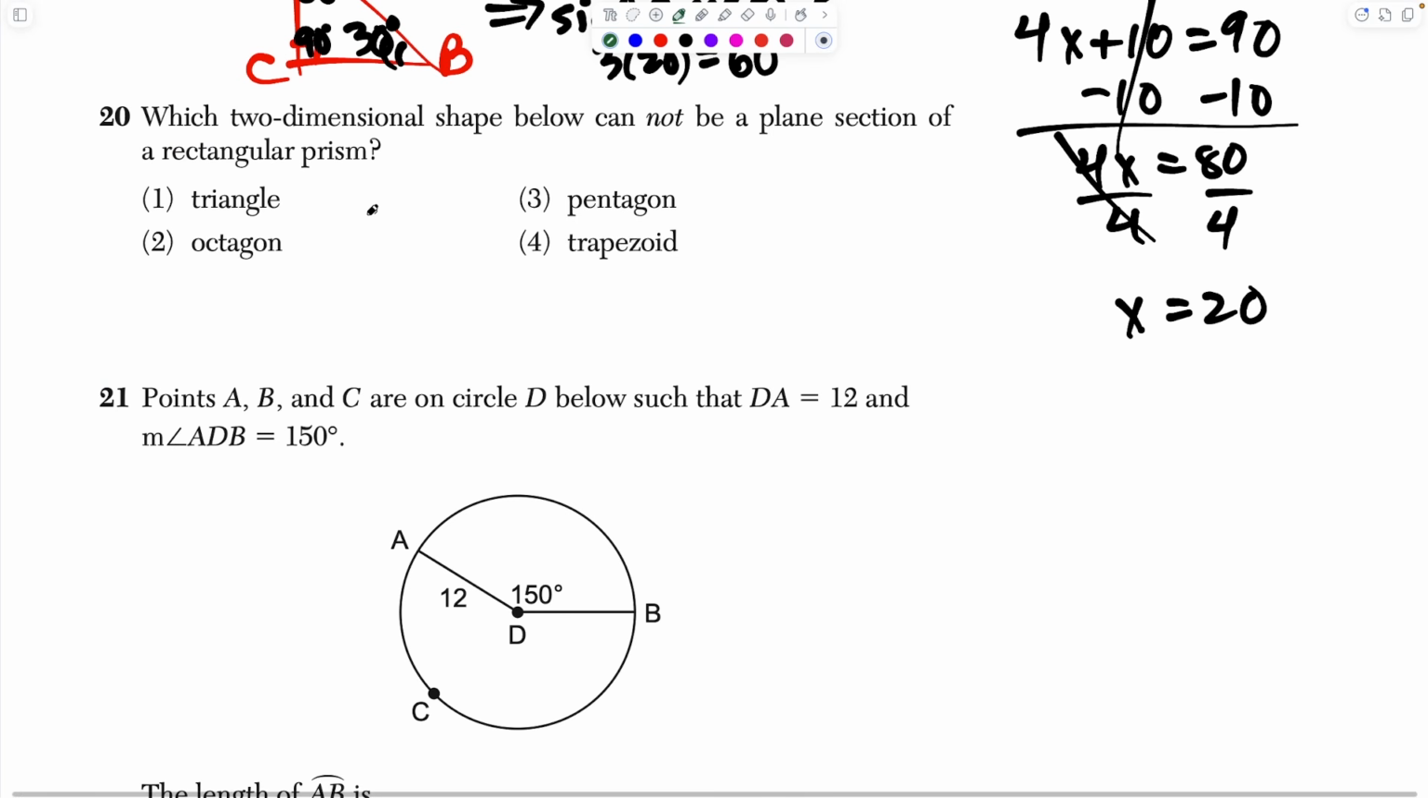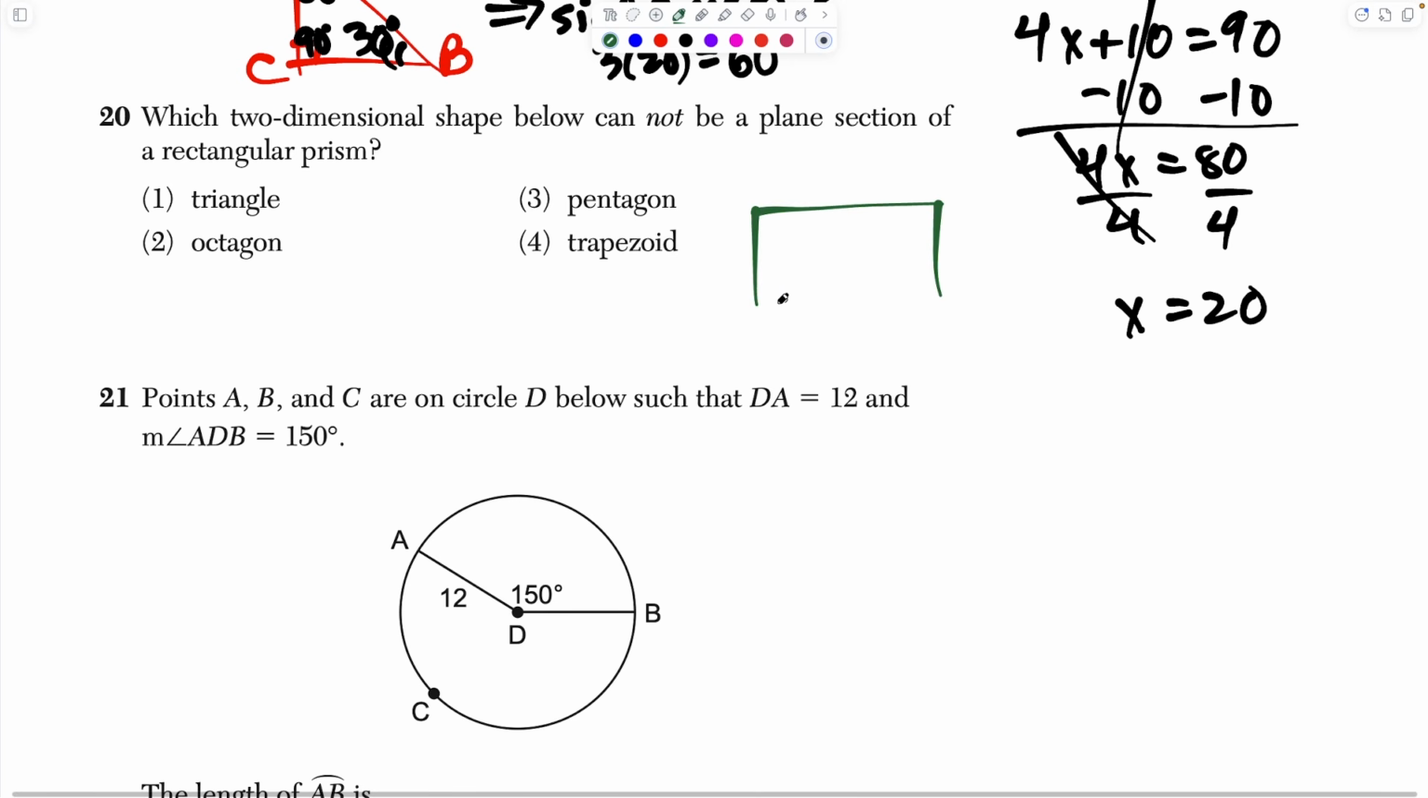And question 20 I thought was the toughest multiple choice question on this Regents. And to be honest, one of the toughest multiple choice questions I've seen in a while, if you truly want to understand each answer choice. Okay, so here we have: which two-dimensional shape below cannot be a plane section of a rectangular prism. So for this one, you need a bit of an imagination, but it also really helps if you could draw